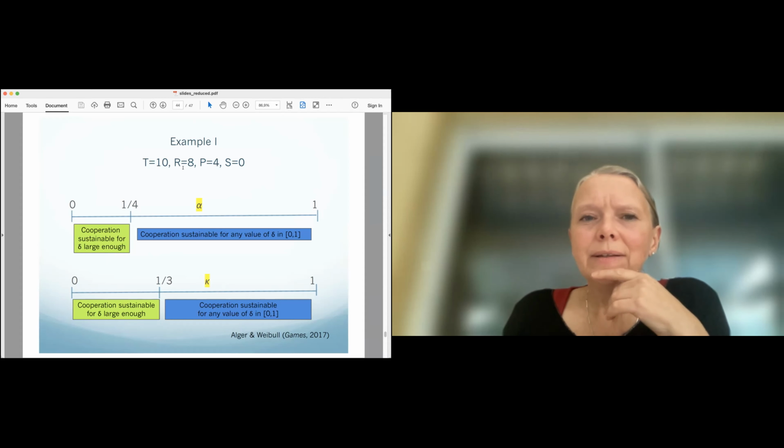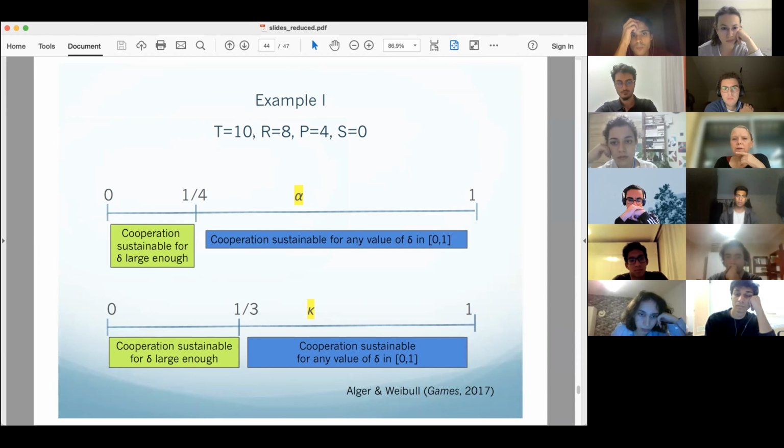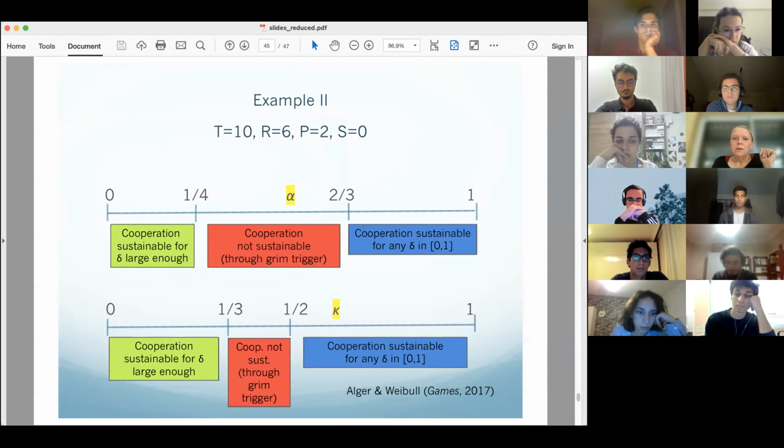Here the T minus R is not so big. So the temptation to deviate from cooperation is not so big, then cooperation is always sustainable for large enough values of the discount factor, and for alpha and kappa large enough, any discount factor is fine. But if we have a bigger reward from temptation, from defecting, if T minus R is 4, what